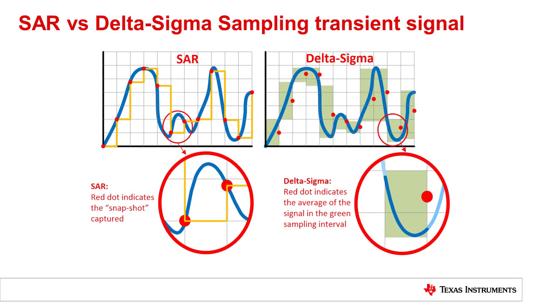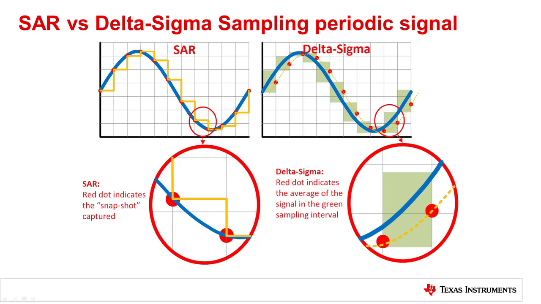This slide reviews how a SAR and delta sigma ADC capture a non-periodic transient signal. The key difference here is to understand that the SAR takes a snapshot in time, whereas the delta sigma averages across a time interval. In this example, we are not looking at the effect of latency, but rather are focusing on how data is captured. A SAR ADC may capture some of the transient voltage spikes, whereas the delta sigma would average some of them out. In the case of a periodic sinusoidal waveform, however, both the SAR and delta sigma can properly track the input signal. The difference here between the two converters is that the delta sigma may have a significant latency delay.